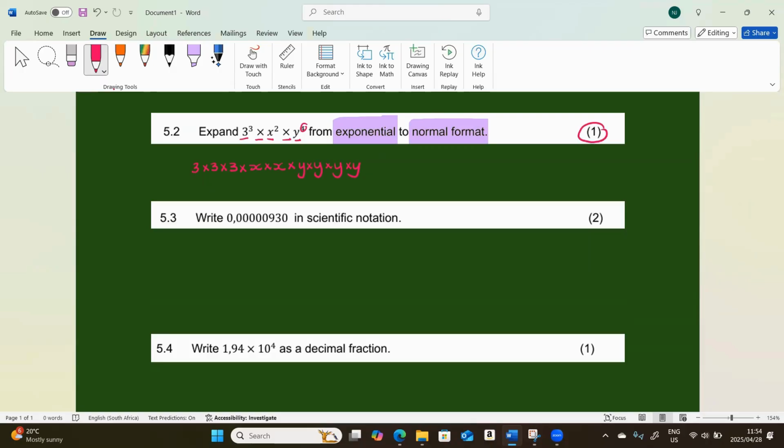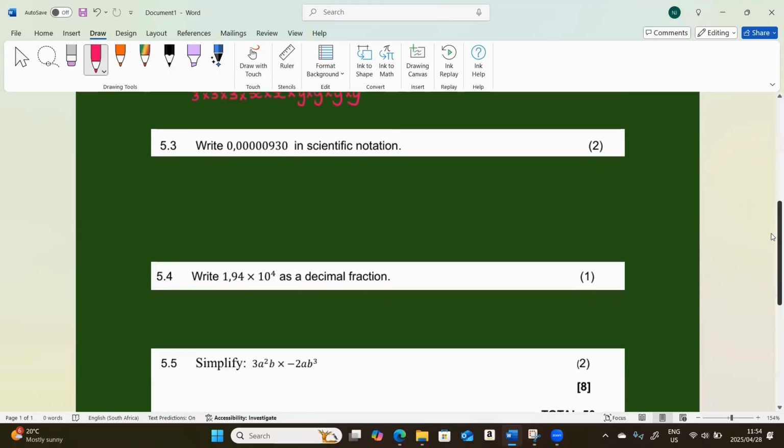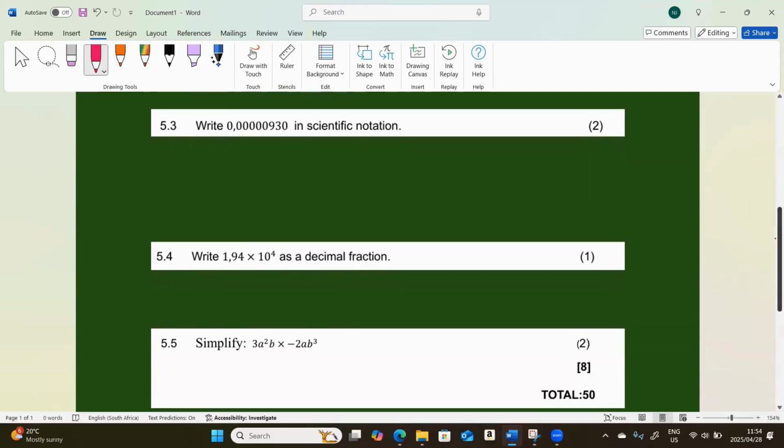Okay, perfect. So let's move on then to the next question, and that is question number 5.3. So let's read this question together. They say write 0,000000930 in scientific notation. Guys, now scientific notation is part of the chapter where you deal with exponents, and that